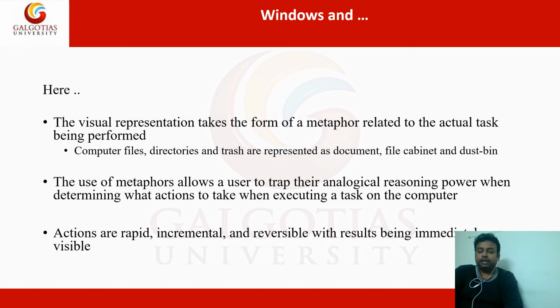Suppose I am taking the file and moving it towards the trash. Whenever moving, how much I have moved still now is also visible to me. And I can perform the reversible action also. Reversible action means that after deleting, I can take this file back to the desktop also.